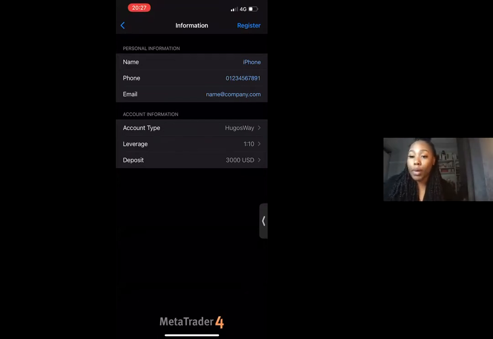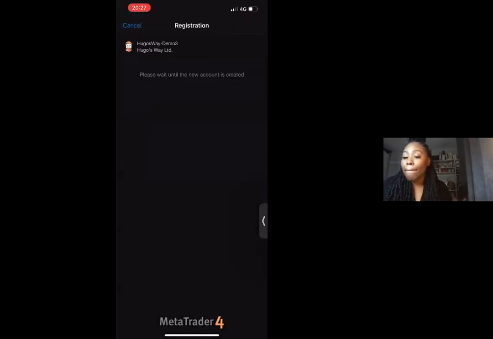But what I would definitely recommend is don't over leverage. You don't want to choose a leverage that's too big, and this is for your live account. You definitely don't want to choose a leverage that is going to make huge drawdowns in your account, because you definitely want to have a leverage that actually allows you to go back and forth and trade with the cryptocurrencies, because cryptocurrency is usually fast paced, it is very quick with movements. So you don't want to have your account closing before it needs to, just because you've got an extra high leverage. Okay, so once you've selected whatever leverage you would like to choose, you go ahead and press register, and